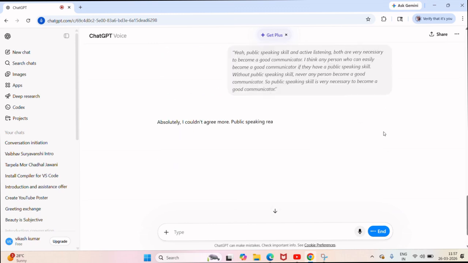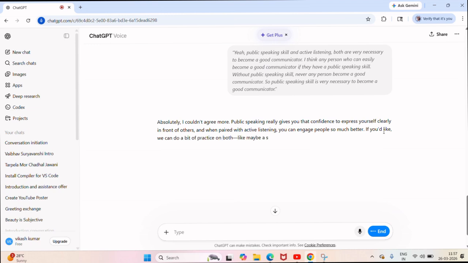Absolutely. I couldn't agree more. Public speaking really gives you that confidence to express yourself clearly in front of others. And when paired with active listening, you can engage people so much better. If you'd like, we can do a bit of practice on both, like maybe a short speech or even some exercises on how to listen actively and respond thoughtfully. What do you think? Yeah, I think active